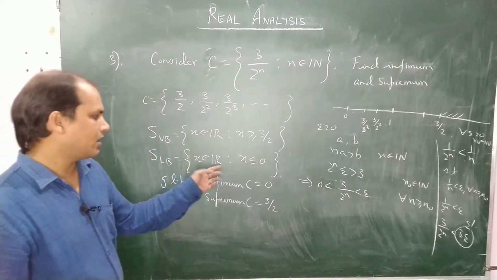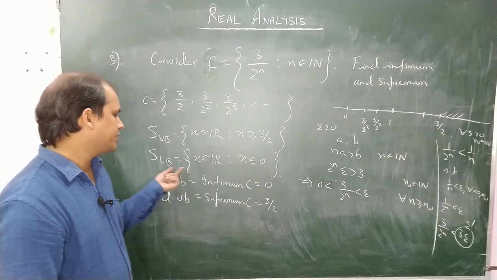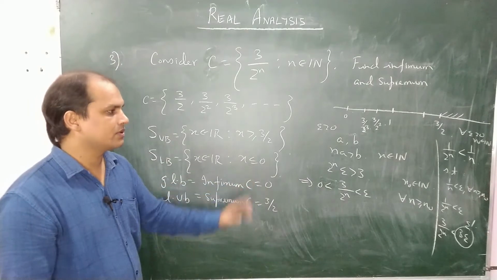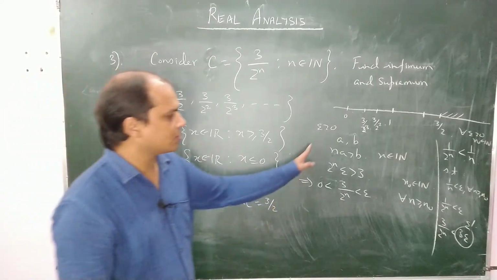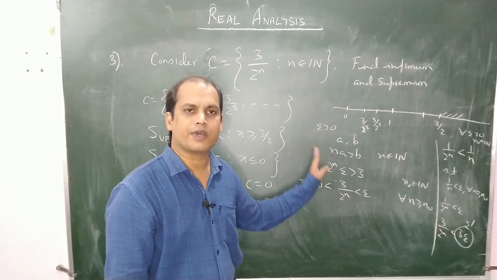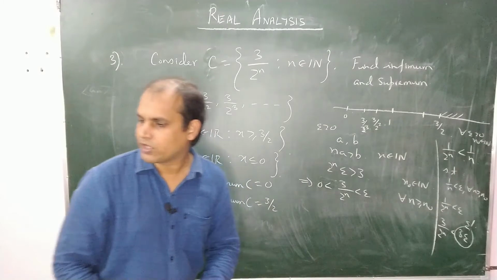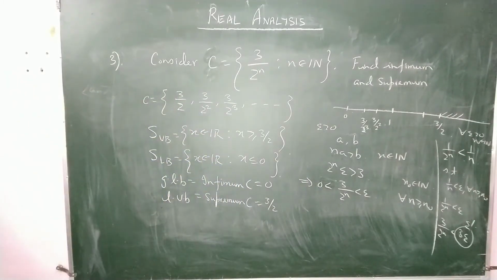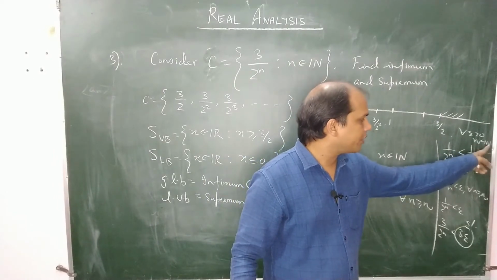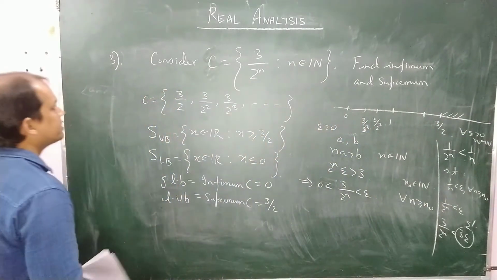This is the reason why all x less than or equal to 0 will be its lower bounds, and among all these lower bounds, the largest one is 0. So this is the logic. This is the reason why the Archimedean property of real numbers is very important. So let me write the statement of the Archimedean property of real numbers, which shows how to establish that there always exists some n naught belonging to N such that this property holds.